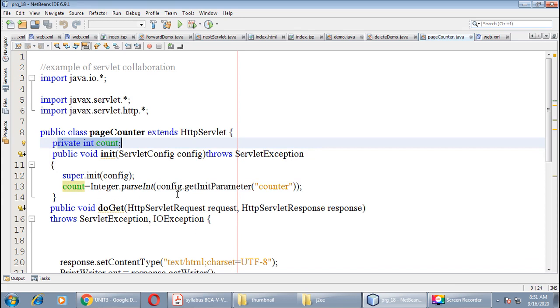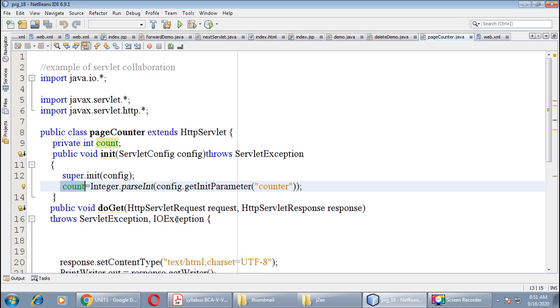So count equals, we will get 1. As we discussed, this init method will execute only once, so this method will fetch the value of counter from web.xml, and the value will be returned to the variable where this method is assigned. So we will get 1 in count.